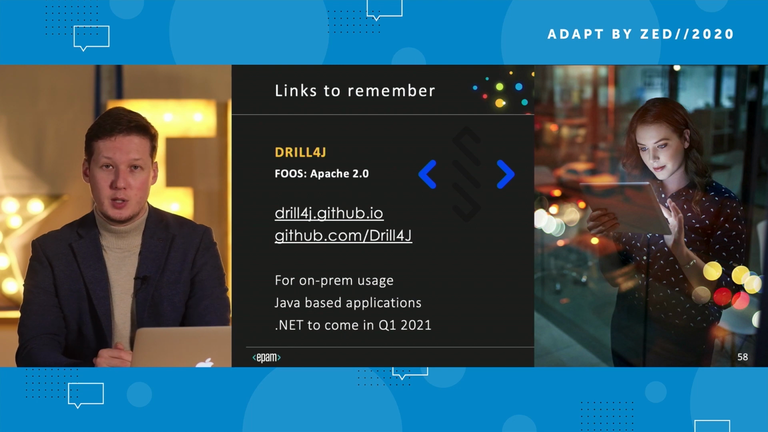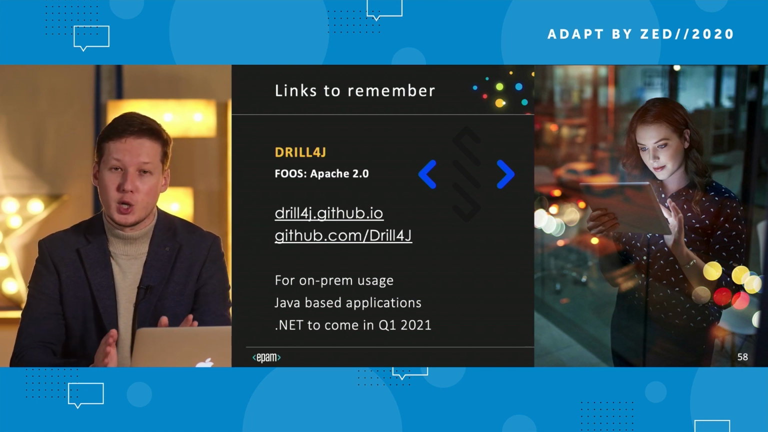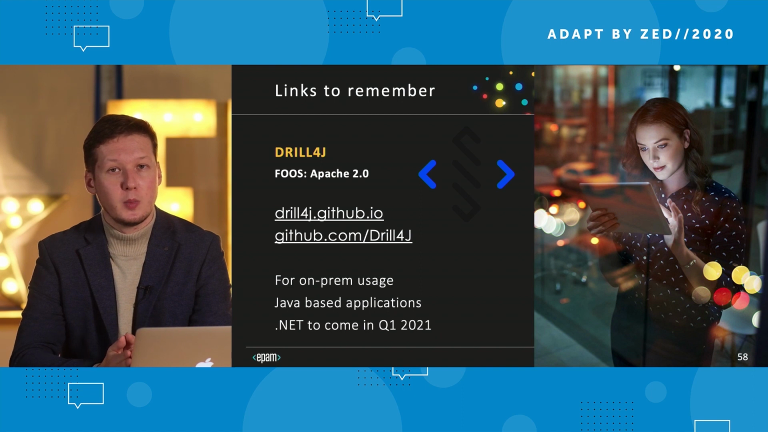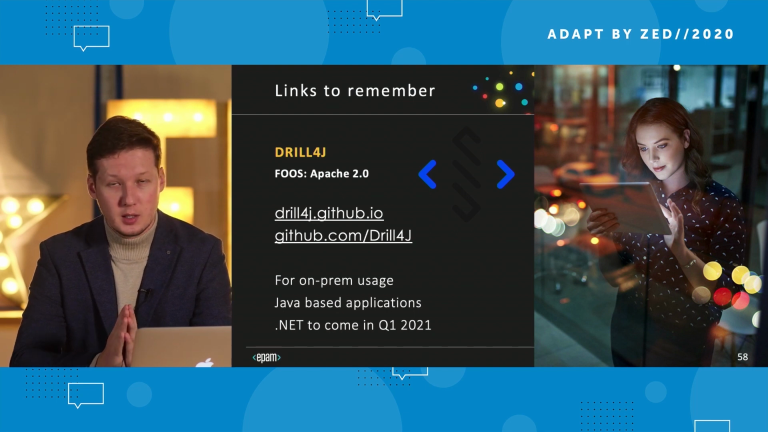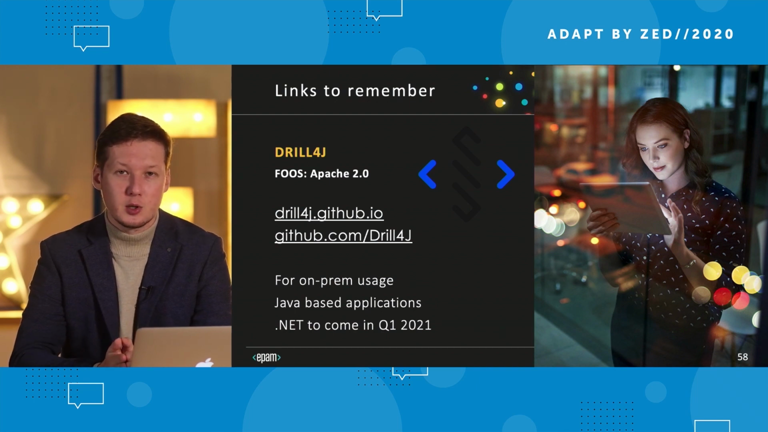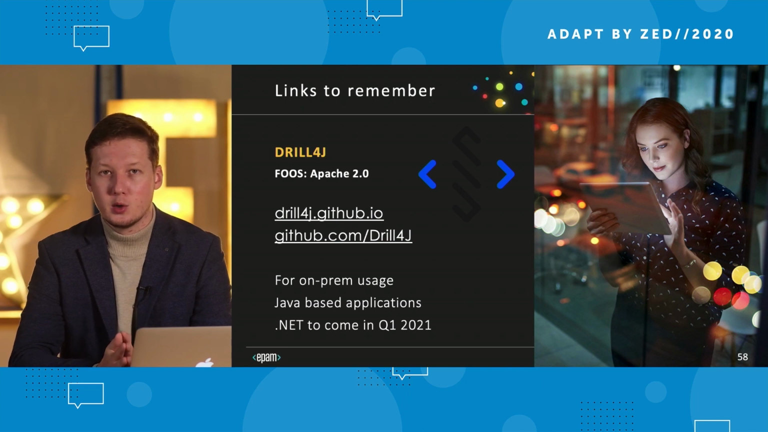The main links to remember today are the Drill4J GitHub pages. You can find our landing page, and you can find the Drill4J organization on GitHub. We are distributed under the Apache license, which is free to use without many limitations. And again, the main thing to remember: it can be used on your premises. It also right now works for Java-based applications, and we also expect to have .NET capabilities to cover .NET applications in the next quarter of